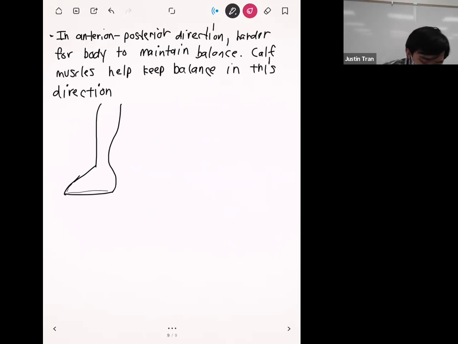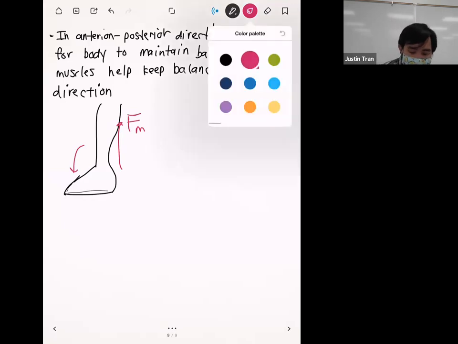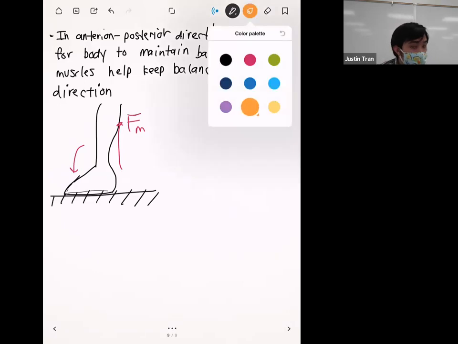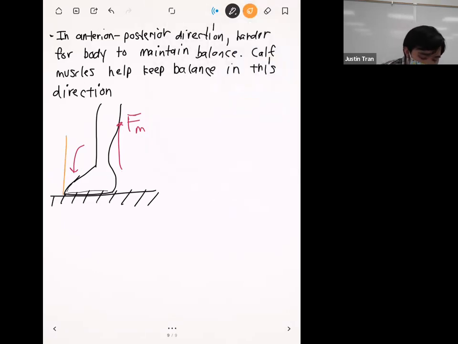And so they act along the Achilles tendon in the back, and they basically pull this way, okay? And so that's our FM, our force from the muscle. By doing that, it's going to try to force the foot to go this way, so it's going to try to do plantar flexion. But because your foot's resting on the ground, right? That FM is going to be counteracted by an external force from the outside, which is going to act basically